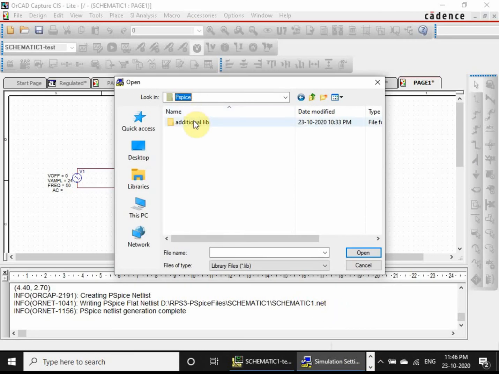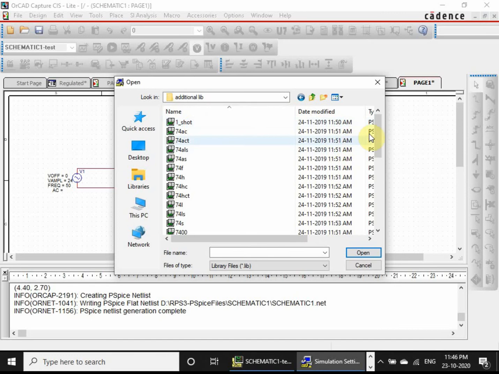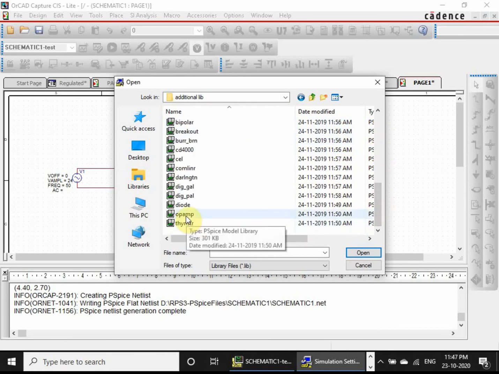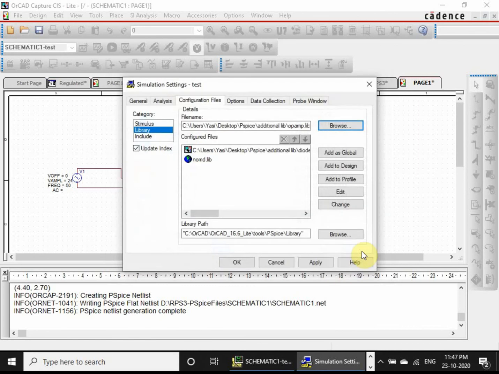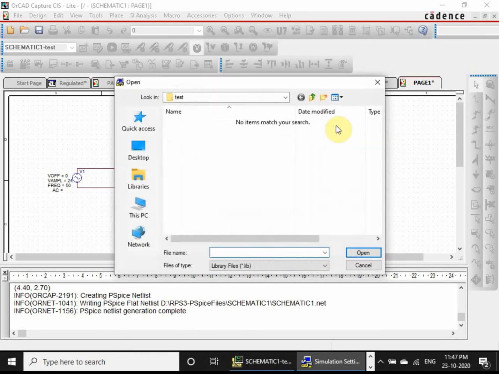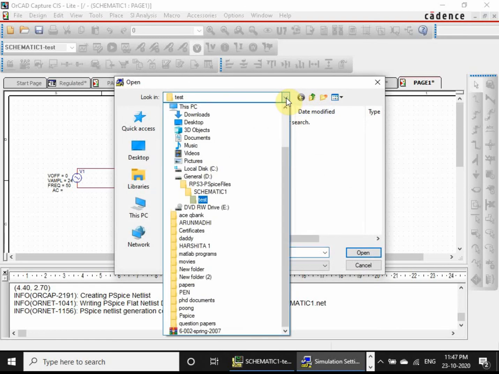Additional library, go for your op amp, because your 7805 is under this library. Open. So now your op-amp.library is there. Add to design. That will also get added here in your configured files. Again browse. So here test.